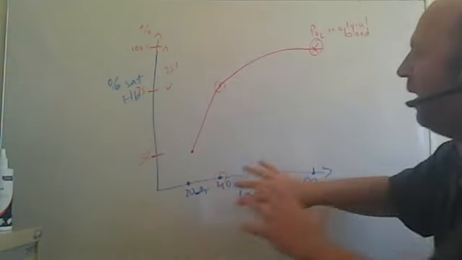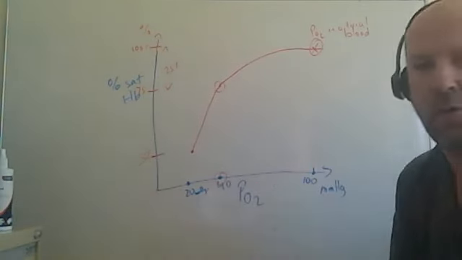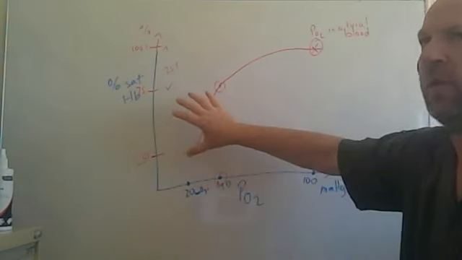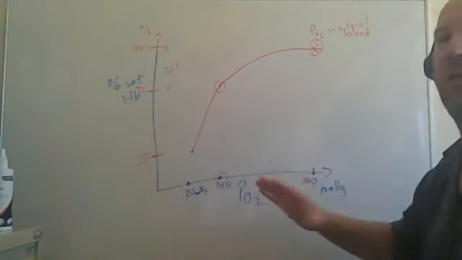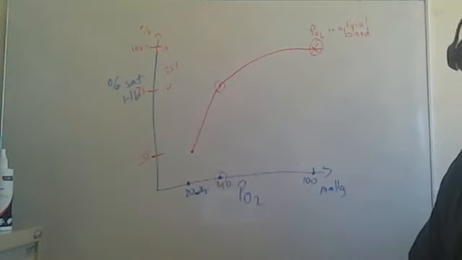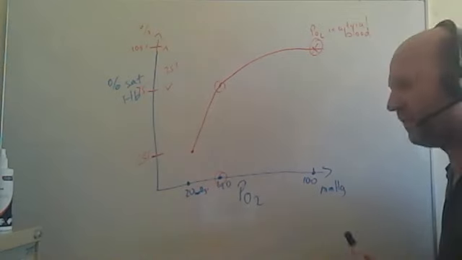So when the cell is working and the PO2 drops, the affinity of hemoglobin for oxygen decreases so dramatically that you can supply the cell with all this spare oxygen that you have. So to summarize here,